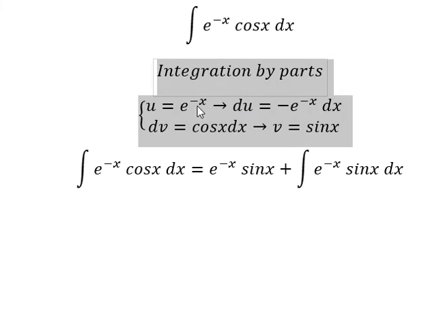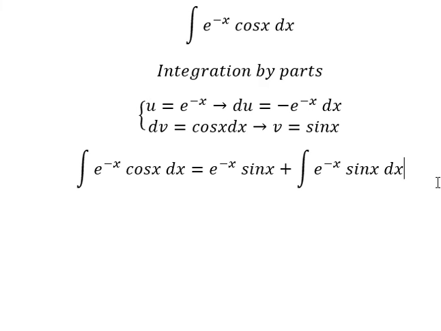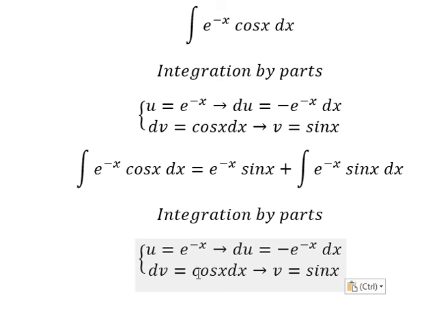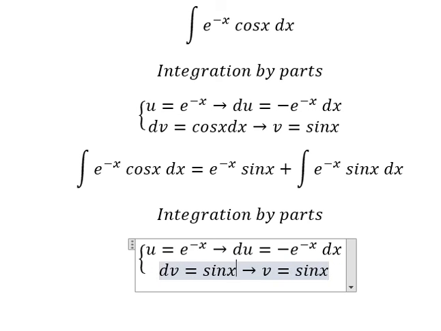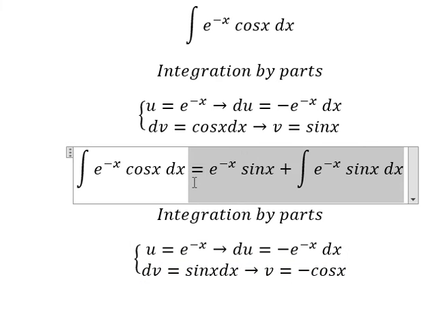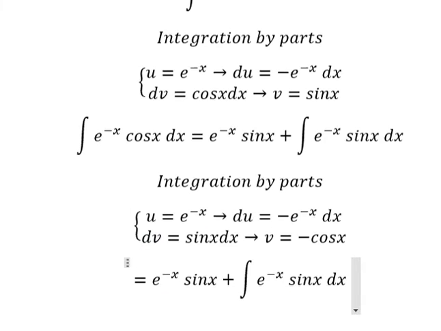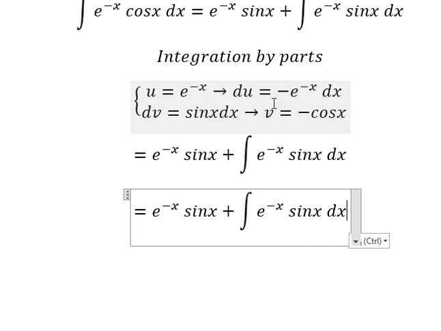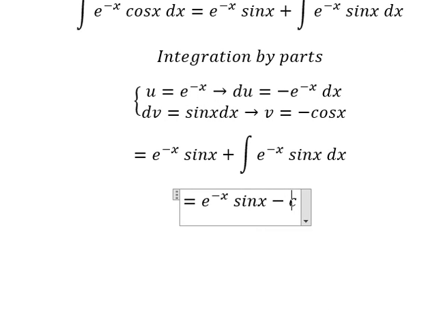Now we use the same technique for this one, but we need to change into sine s. The integration of sine s, we have negative cosine s. So we have u multiplied by v. So we have negative cosine s e to the power of negative s